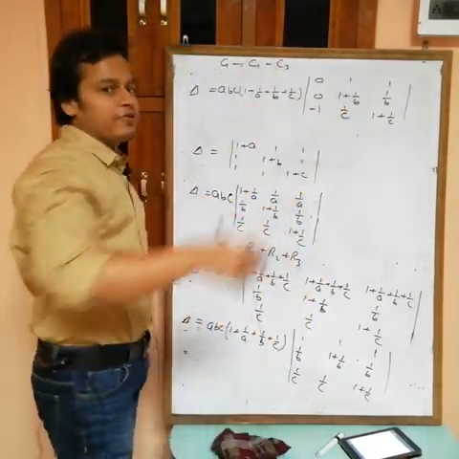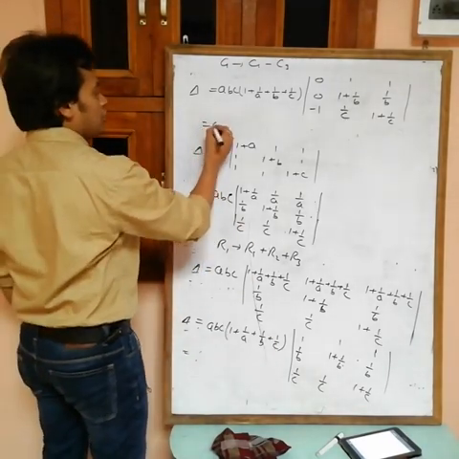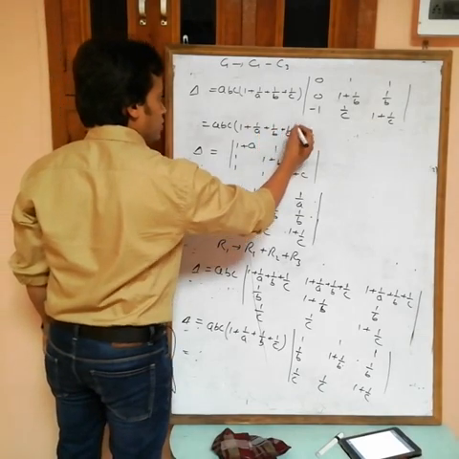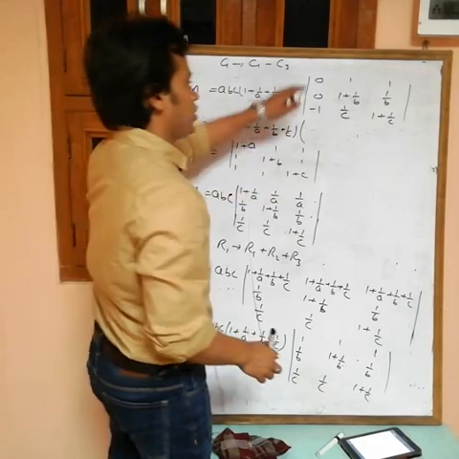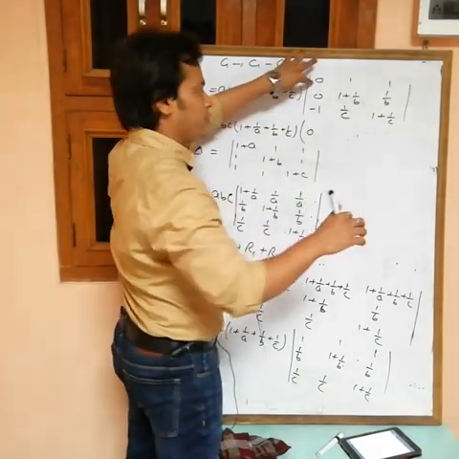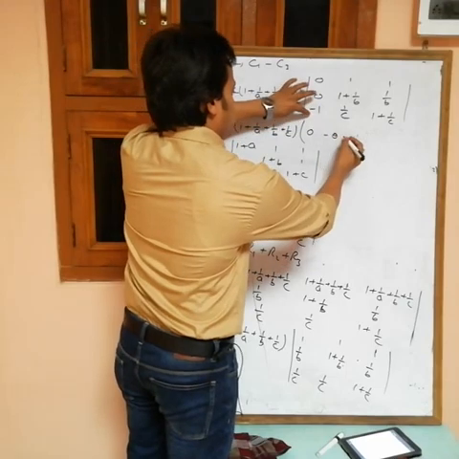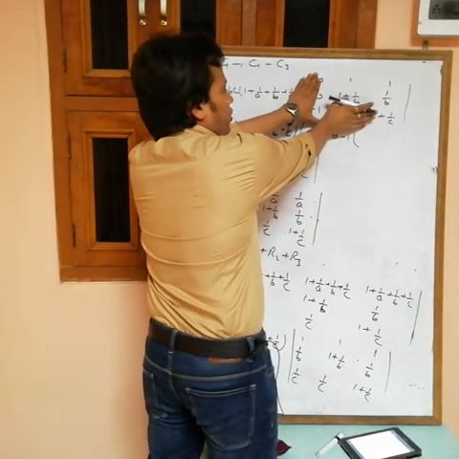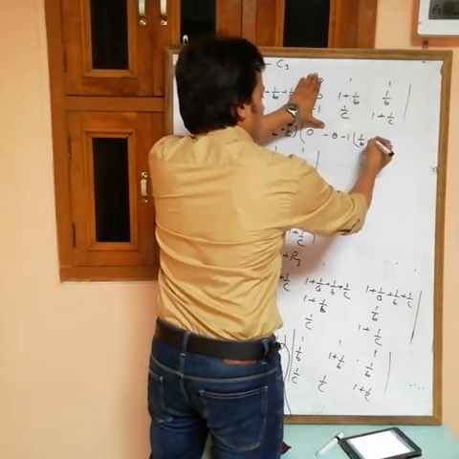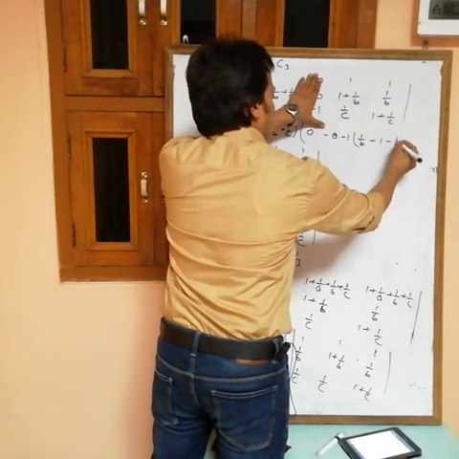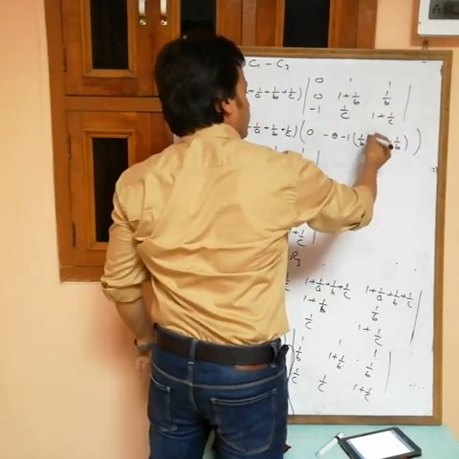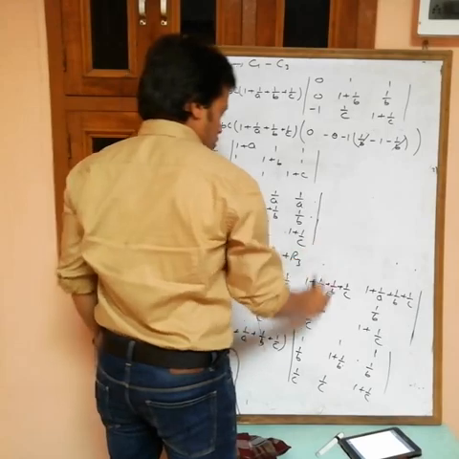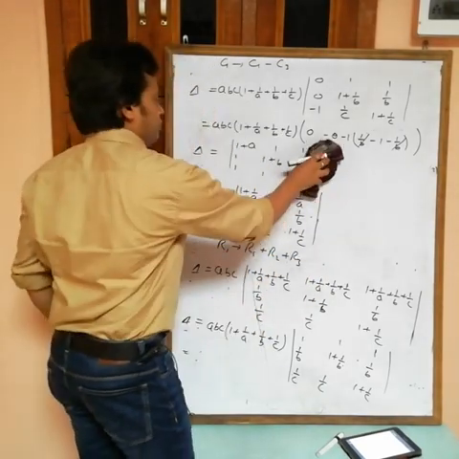Now we have two zeros in C1, so expand ABC into 1 plus 1 by A plus 1 by B plus 1 by C. Expanding with respect to C1, 0 multiplied by its cofactor remains 0, then minus 0. For this one the sign is plus, but it is negative, so minus 1. Now minus 1 multiplied by its cofactor, hiding the corresponding row and column. This one into this one is 1 by B, minus this one into this one is minus 1 by B. 1 by B cancels out, minus 1 into minus 1 gives plus 1 multiplied by this one, we are getting the RHS.